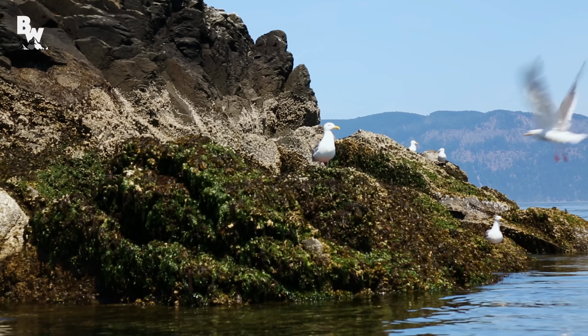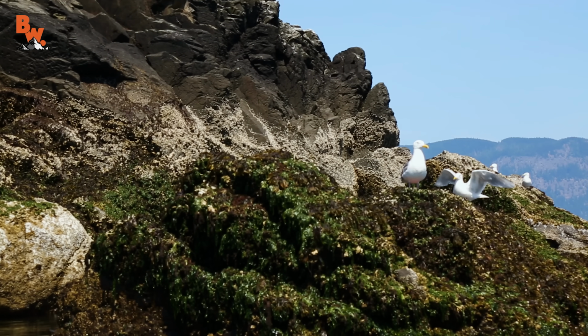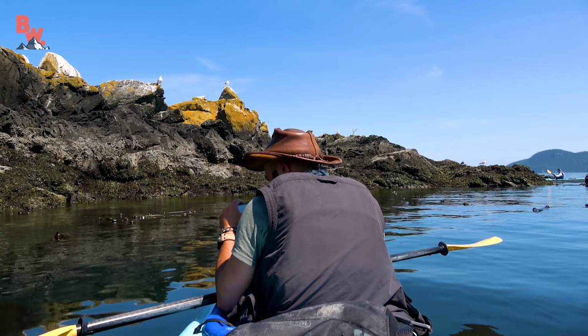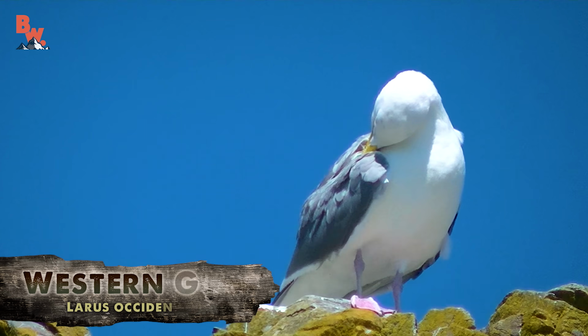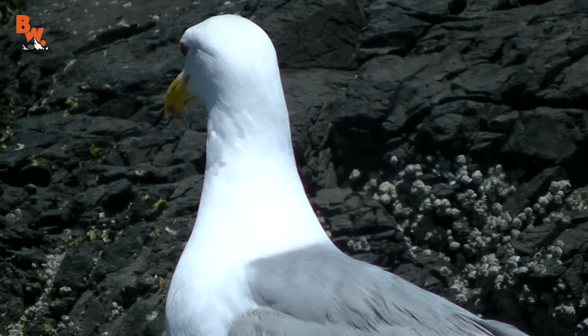This massive rock was also the perfect hangout for western gulls, one of the most plentiful birds on and around the islands. With a wingspan of nearly 5 feet, they're rather sizable, and as we drifted closer, they all looked down at us with curious eyes. Believe it or not, a flock of seagulls is rather intimidating, so after a few admiring moments, we paddled on